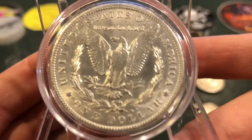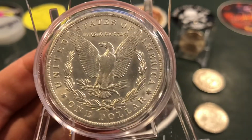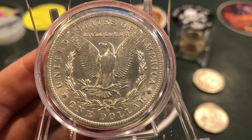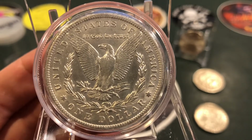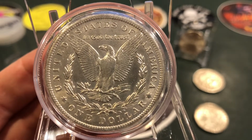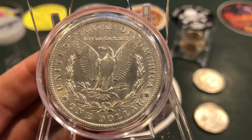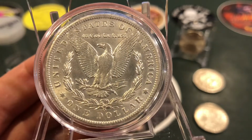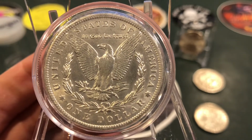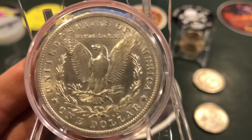Well, collectors and any collectors that are watching today, feel free to help out in the comment section. But I can tell you this, wear means a lot. It can mean the difference between a $100 coin and a $1,000 coin and a $10,000 coin. The wear and the grading on the Morgan dollar is so vitally important, mainly because there were so many of